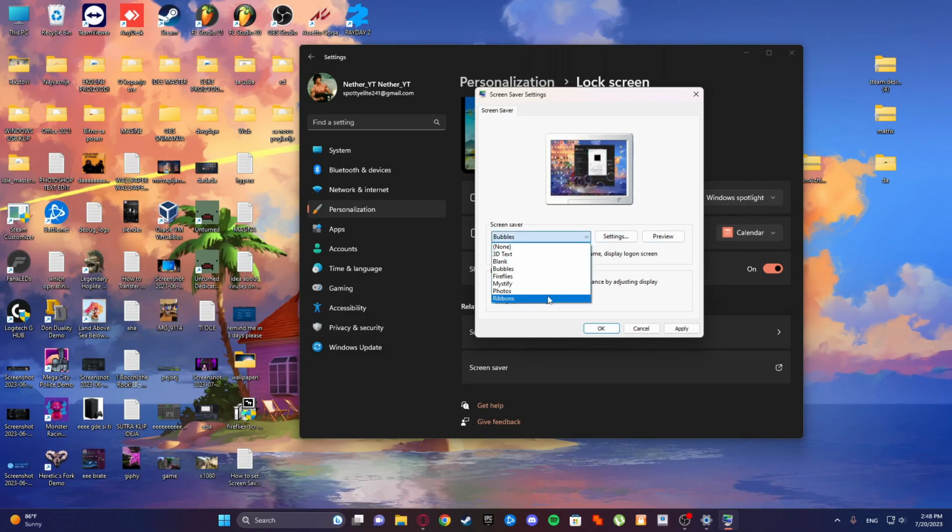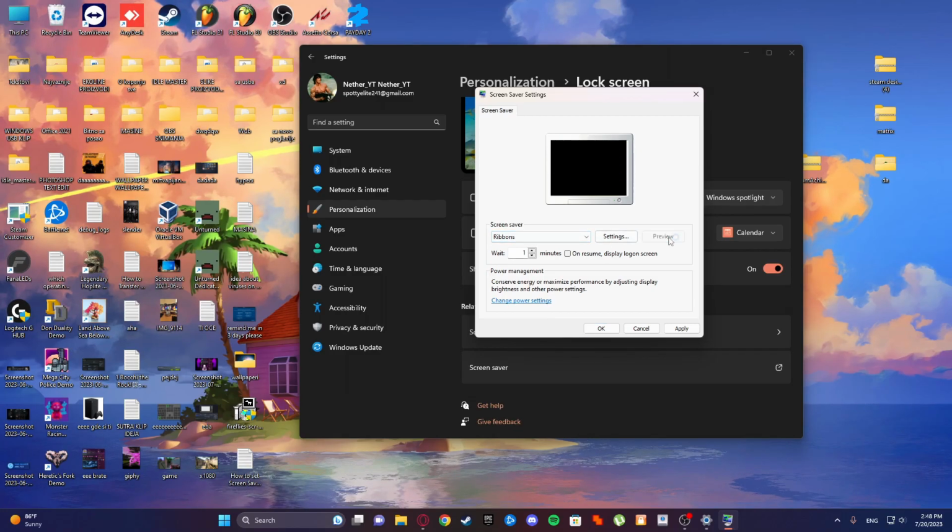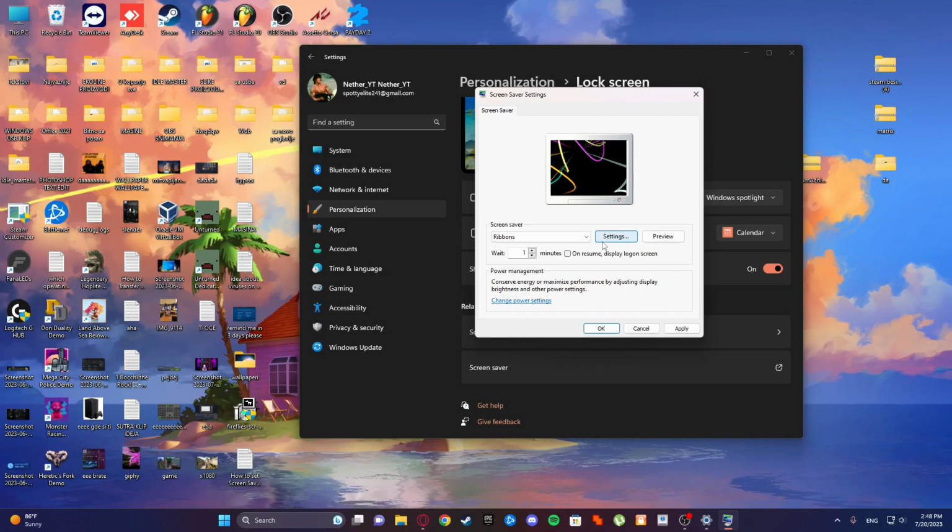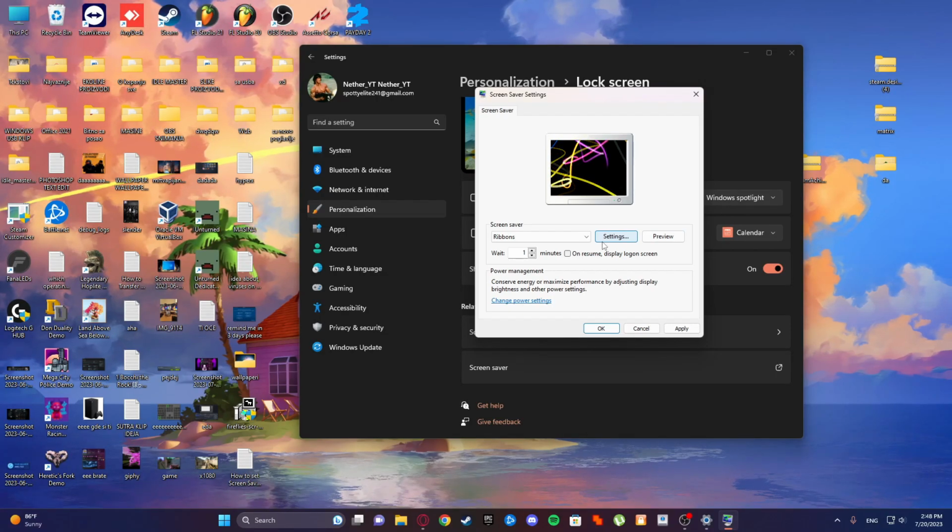But here you can set ribbons. Just click preview, and yeah, it's a nice thing that it connects to both my monitors, and yeah, it's like